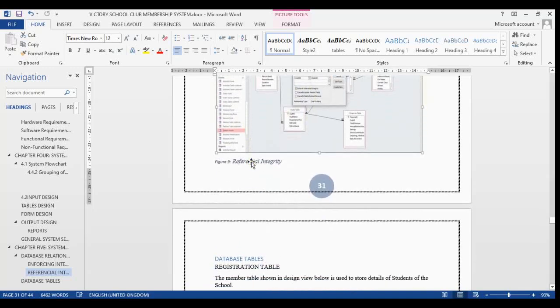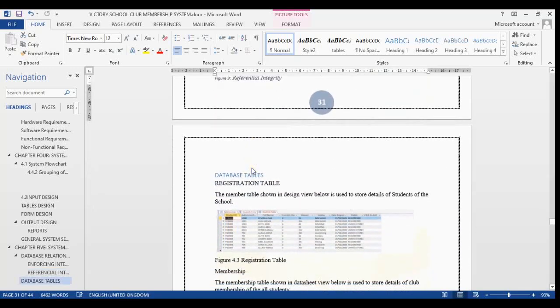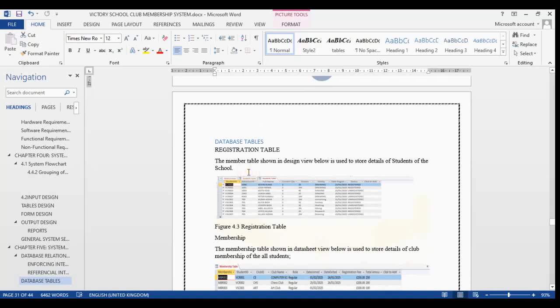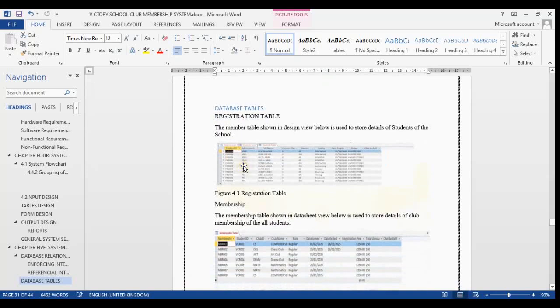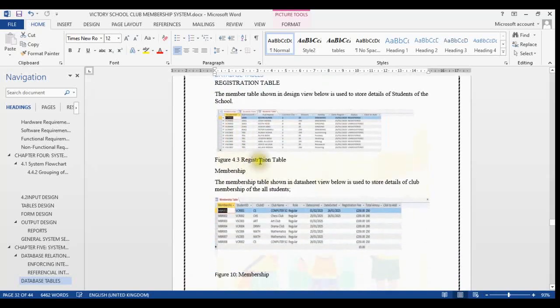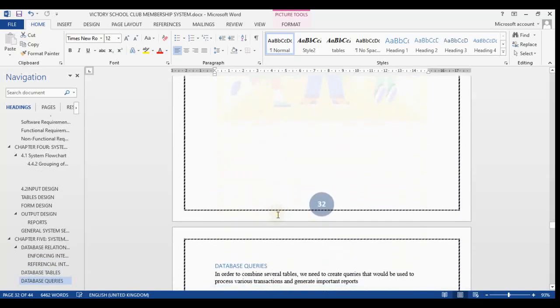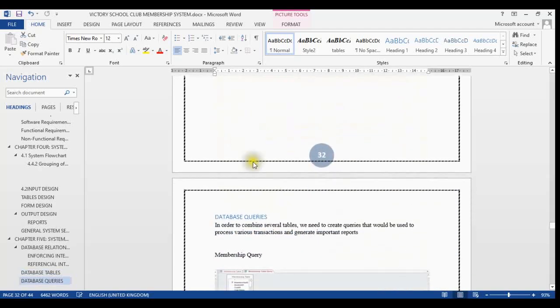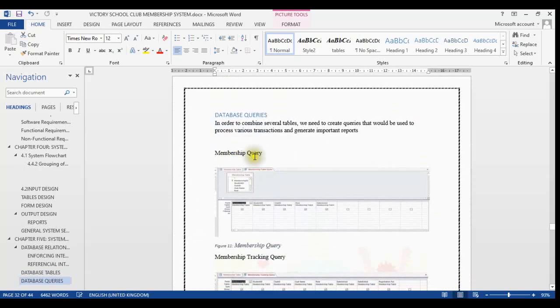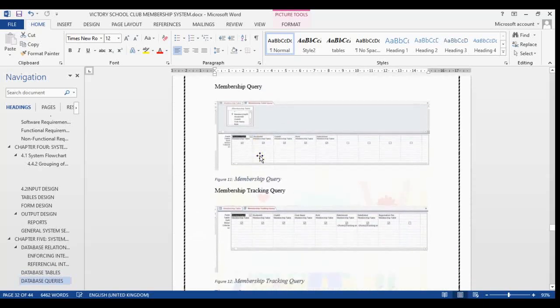Then after you enforce your referential integrity, you can go to database tools, or not tools, or tables. This is again where you design all your tables, maybe beginning with the registration, your membership, and maybe the other tables that you did use. So you'll add them up there. Then you can go to your queries again. This one, now you are allowed to insert screenshots of the work that you've been doing. So you can insert all of them